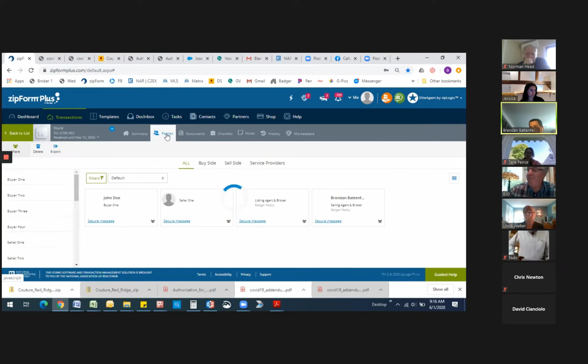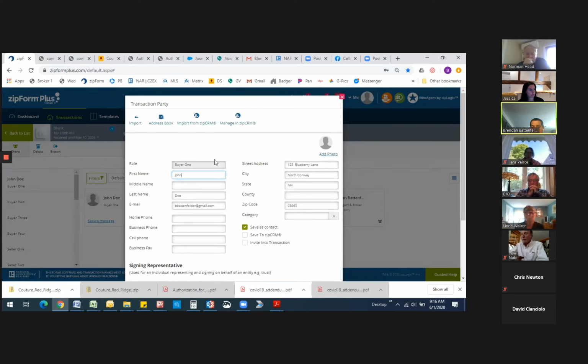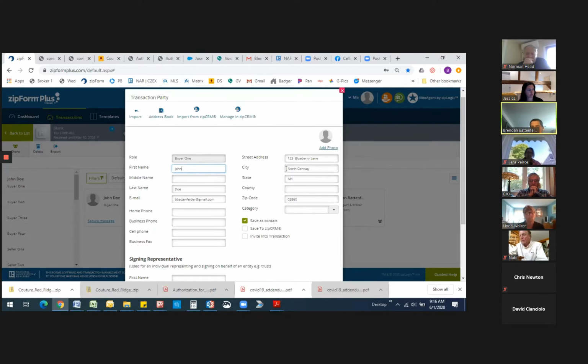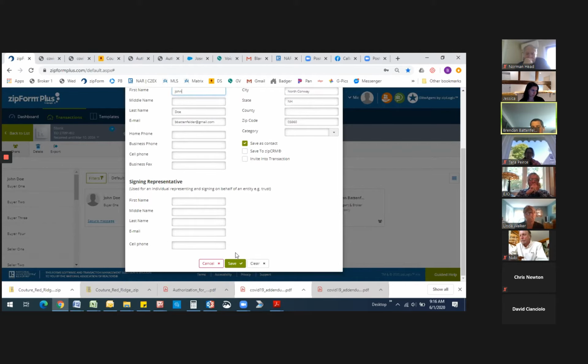I have taken the steps to go ahead and put parties in, and I don't know if anyone's using this. It allows you to enter each party. If you're doing a new transaction, certainly a buyer, I've gotten into a really good habit of putting these people in as a party to a transaction. A little extra step, it'll auto-populate into the document once you type it in there once. So name, address, email address, and then this little box is usually saved. Save as a contact, come down here and hit save. The advantage of that is that